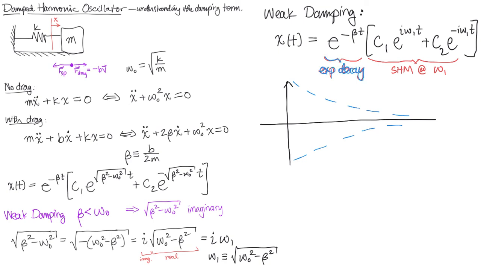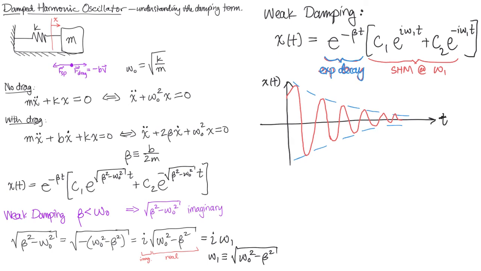I'll write that in blue, that's the blue envelope. And then the simple harmonic motion is the oscillation. And I guess the product of the two gives me the red curve. Cool. And this, of course, is a plot of position as a function of time, displacement from equilibrium as a